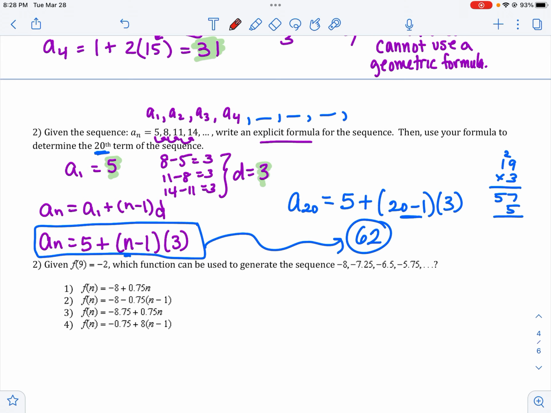Next one they gave us, the 9th term is negative 2. And then we have that the first term, so this is like f of 1, f of 2, f of 3, they're giving us f of 4. When there are multiple choice questions like this,